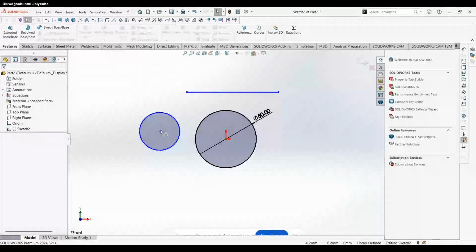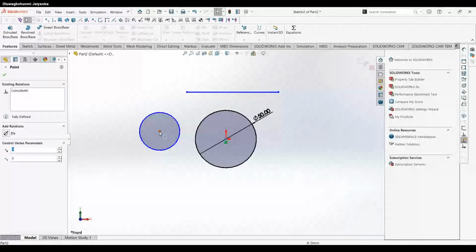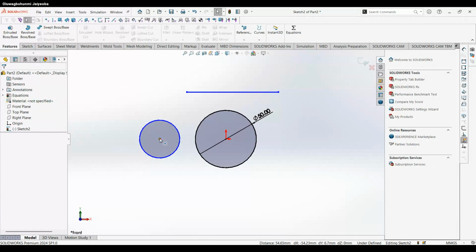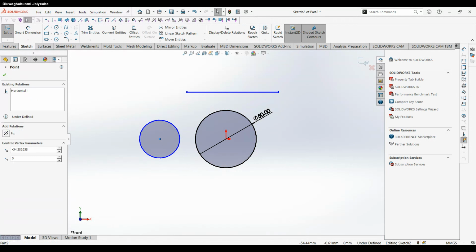So I want to add the constraints now. I'll select the two center points for the circles, and I'll make them horizontal. So this way they're going to be on the same line, collinear. Now I want to specify the dimension from the first circle to the second circle to be variable C. So you can come to sketch, smart dimensions, select the first center, select the second center,